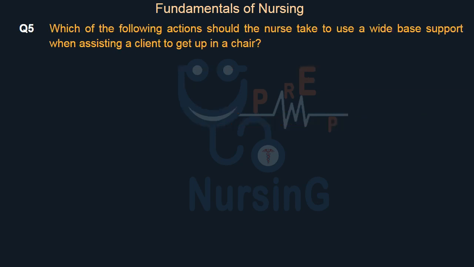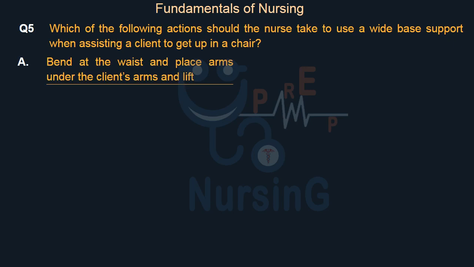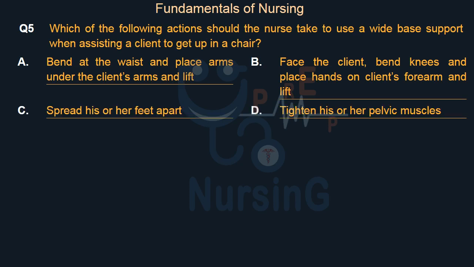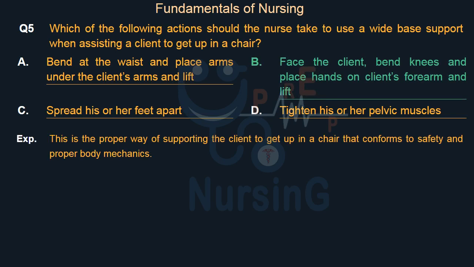Which of the following actions should the nurse take to use a wide base of support when assisting a client to get up in a chair? Option A. Bend at the waist and place arms under the client's arms and lift. Option B. Face the client, bend knees and place hands on client's forearm and lift. Option C. Spread his or her feet apart. Option D. Tighten his or her pelvic muscles. Right answer is Option B. Face the client, bend knees and place hands on client's forearm and lift. This is the proper way of supporting the client to get up in a chair that conforms to safety and